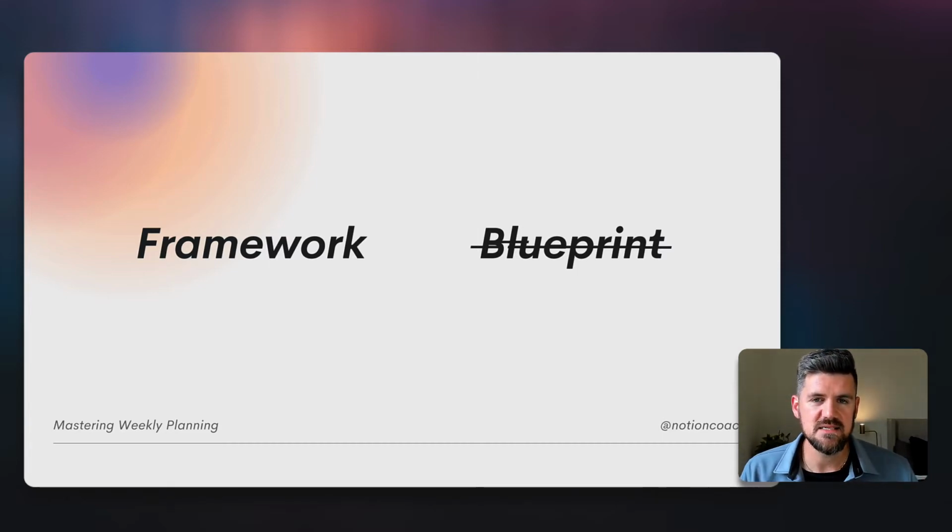And the biggest limitation with not all of them, but a lot of them, is they tend to work as blueprints, meaning somebody has figured out a system that worked for them and decided to templatize it, with or without any kind of knowledge or awareness of whether this system works for other people. So that's a huge part of building this, is thinking through how this can act as a guide where every user adapts it in their own way and starts to maybe edit out some things that are not important or that you don't want to track in Notion.